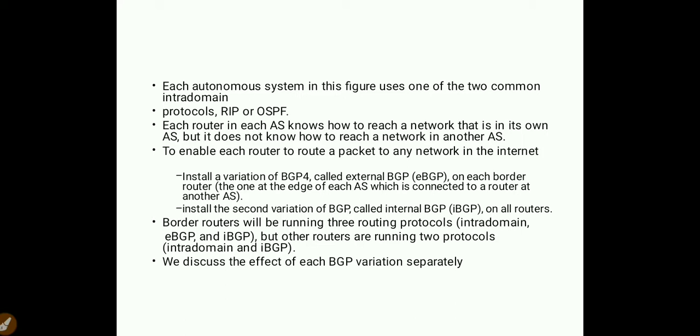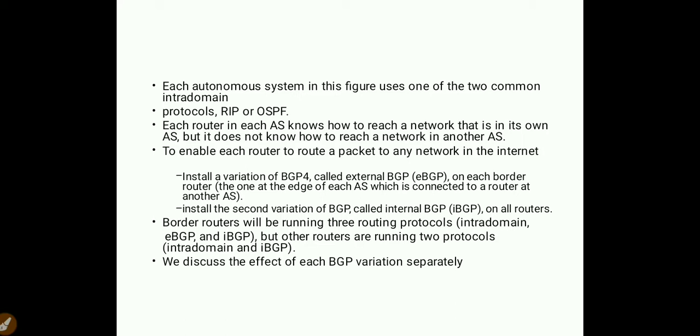Is this clear? If you are going to communicate within the autonomous system, all routers can be connected via iBGP. If you want to connect between any two autonomous systems, definitely you are going to connect via eBGP, that is called external BGP. This is achieved via the router called a border router.